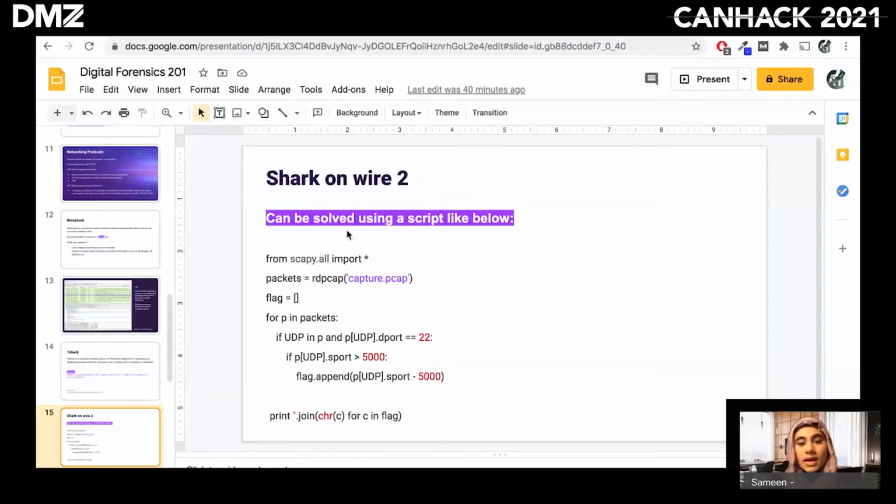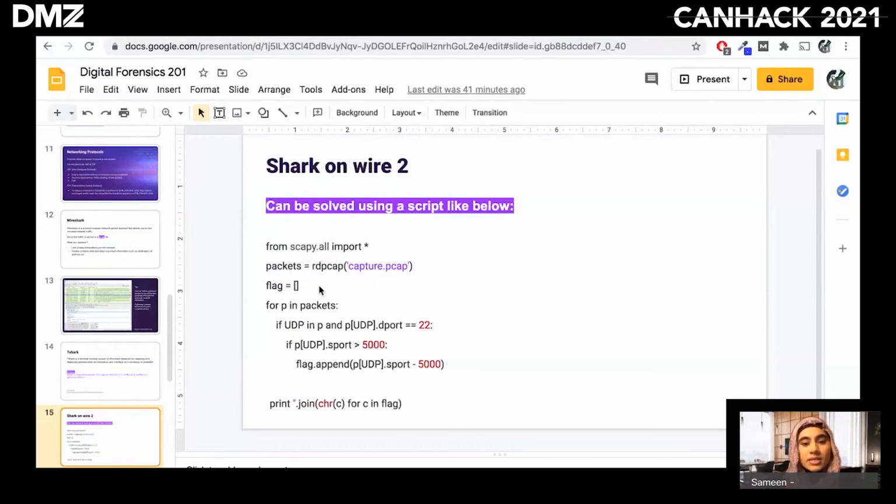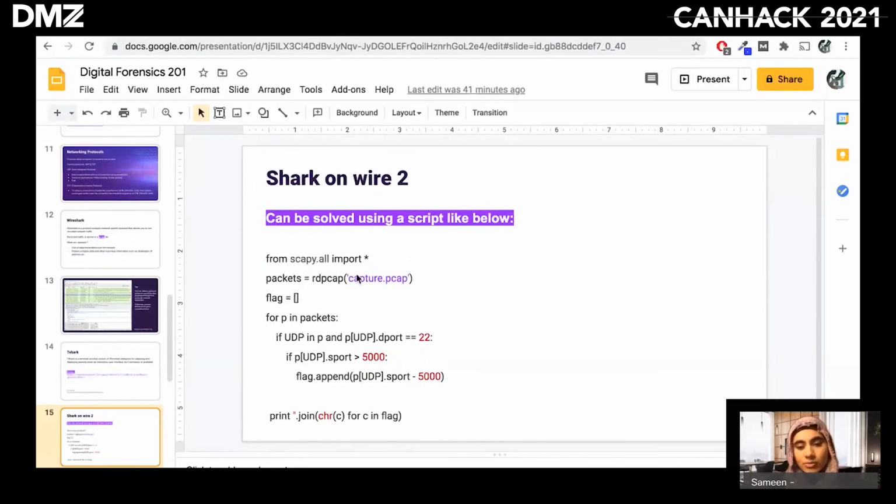Scapy is a script for analyzing PCAP files and network traffic. To make sure this script works, you have to download Scapy into the web shell from GitHub, if you want to use a scripting method, but I'll show you another method. So what the script is saying is that for the packets in the capture PCAP file,